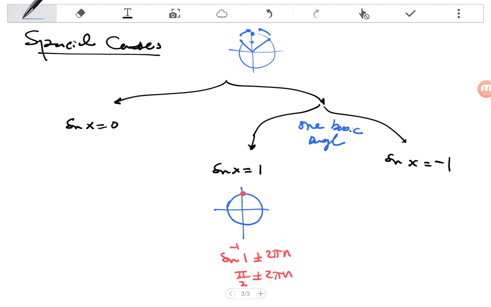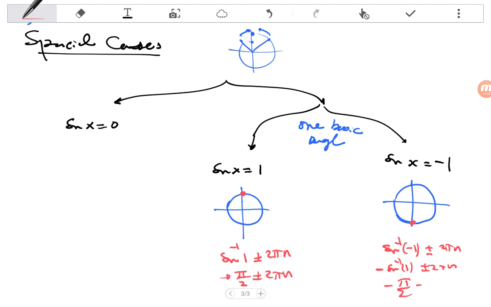Okay, and for the case of sine x equal to negative 1, we will just have a similar case. And for this case, we will just have one basic angle. So the solution may be expressed as sine inverse of that value plus 2 pi n. Okay, what is sine inverse of negative 1? We take the negative outside the sine inverse. Then sine inverse 1 is just pi over 2 as we have expressed before. So it is negative pi over 2 plus or minus 2 pi n. So these are